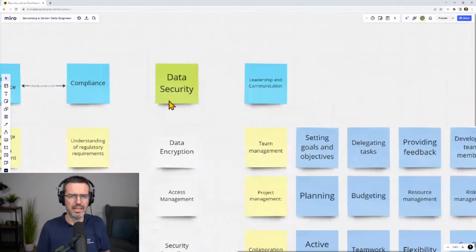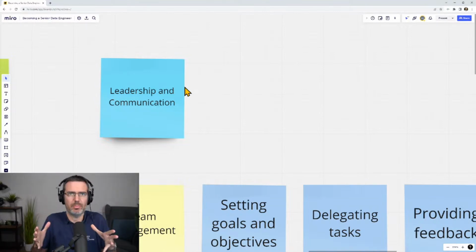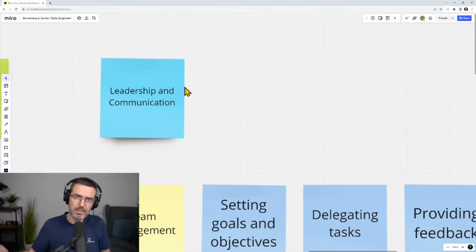And we were talking about data security, and now today is about leadership and communication, which is a big topic for a senior engineer, because as a senior engineer, you are not only working for yourself on a topic like a developer, but you also need to work together with a team, with other people within the company, with stakeholders from the business side, and so on.